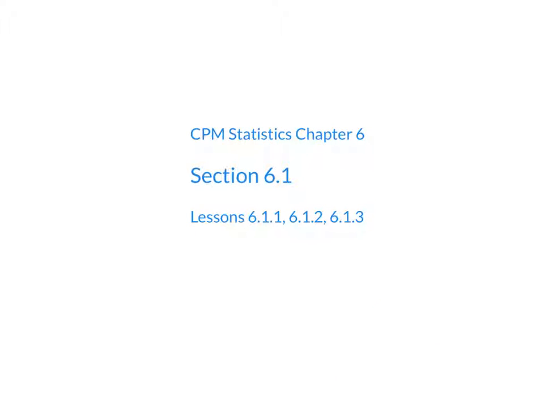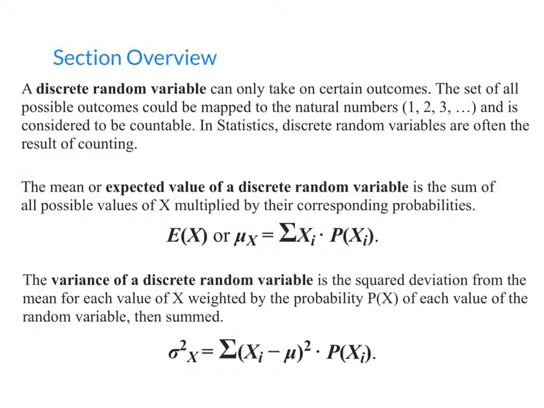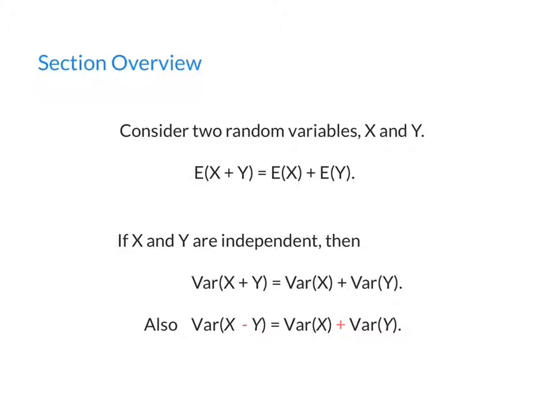This is the section 6.1 Mathcast. It contains 3 lessons. In this section, discrete random variables, along with their expected values and variance, are explored and defined. Students examine the characteristics of linear transformations and combinations of random variables, including the surprise result that when random